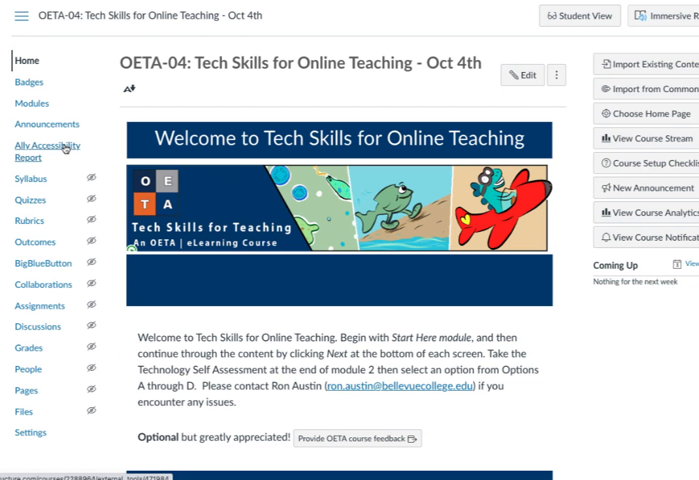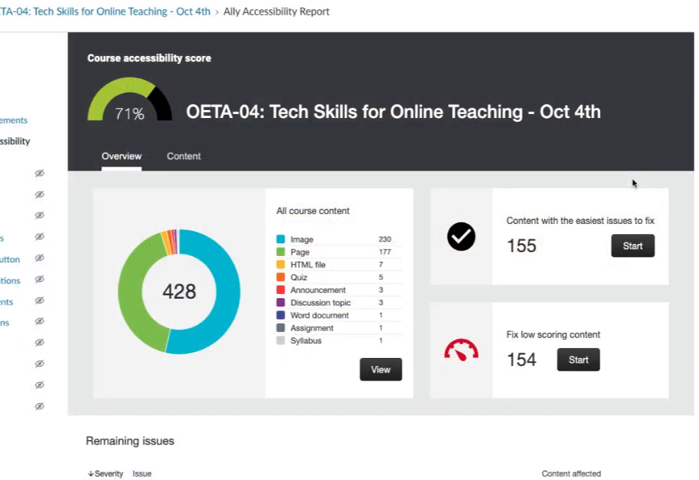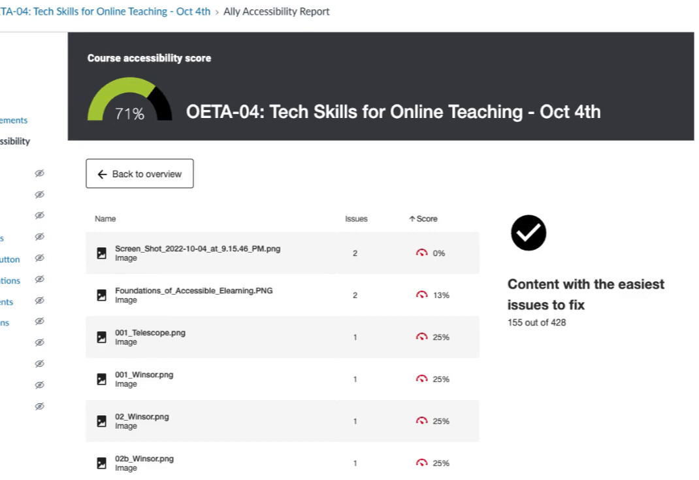And I already have that set up here along the left-hand side menu in my navigation. So when we run the report, it shows that there's 428 total files in the course. By files, I actually mean documents, including HTML files, pages, images, assignments, and so forth. And then it also shows me low-scoring content that needs to be fixed, or I can choose to work with easiest issues to fix. I'll choose easiest issues to fix,